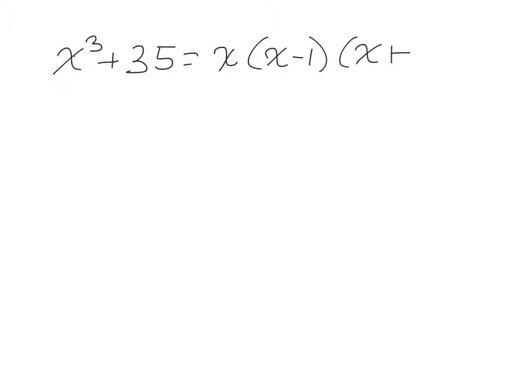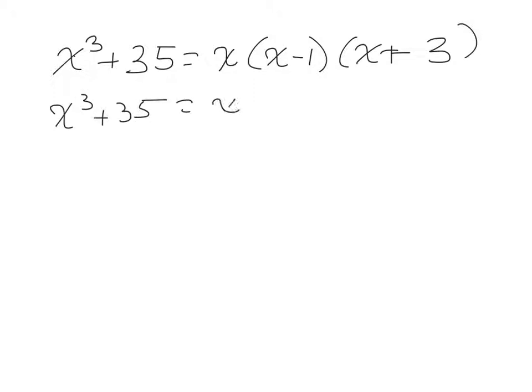Okay, rewriting that for a moment, I had x to the third plus 35 equals x times x minus 1 times x plus 3. Well, I have some multiplication here I've got to do. So x cubed plus 35